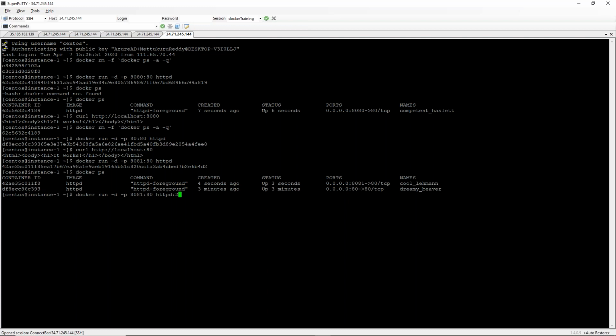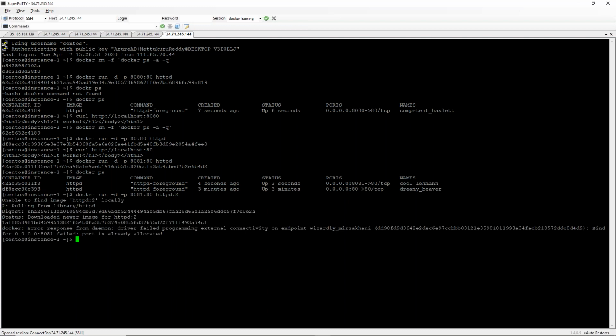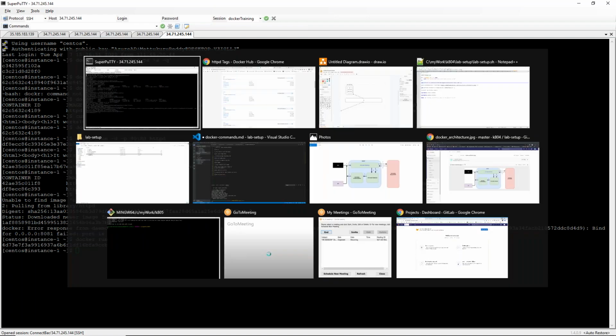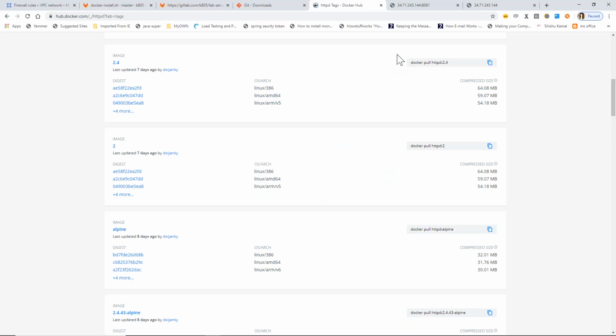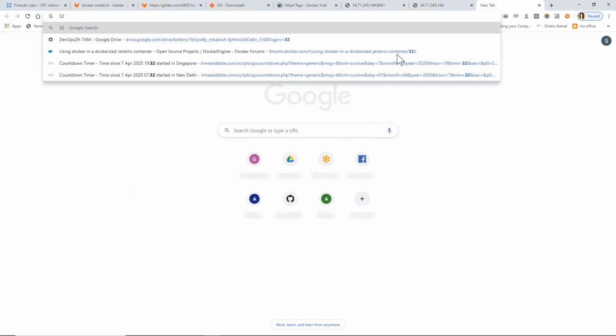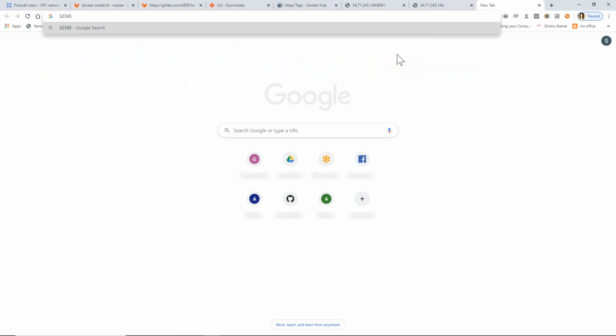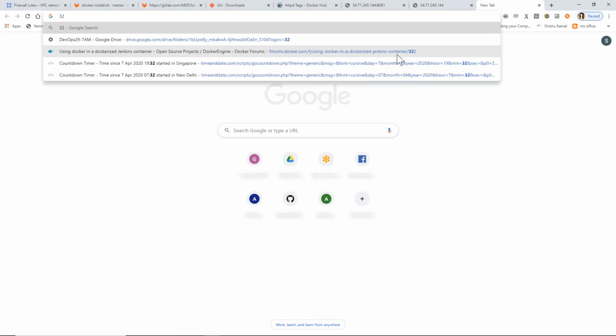Siva, as far as I understand, Docker also generates some random host port, right? Yes, when you don't give a port, like 80 or 8081, it generates a random port. If we create 2 or 3 or 5 or whatever containers, it provides random ports.